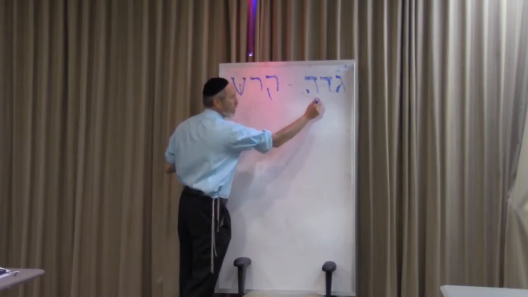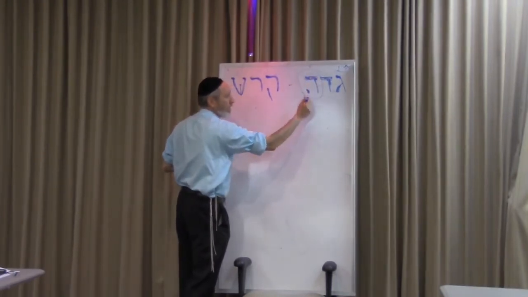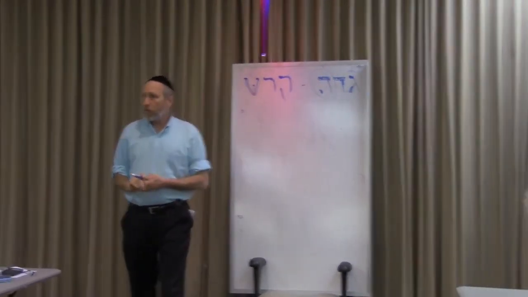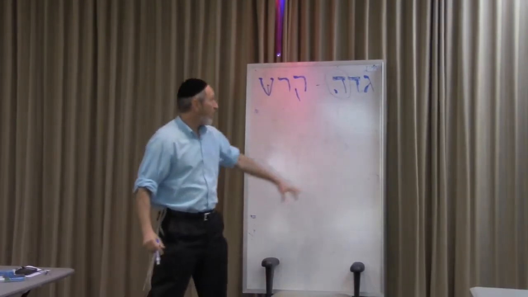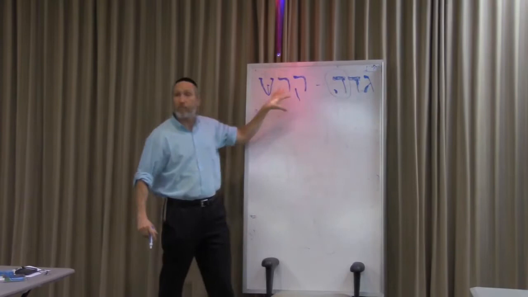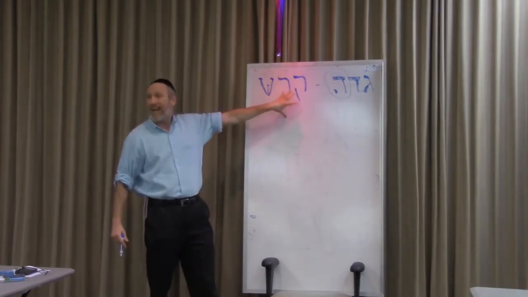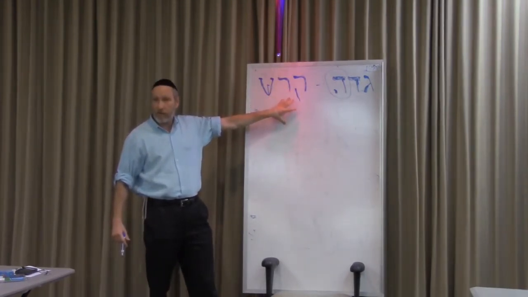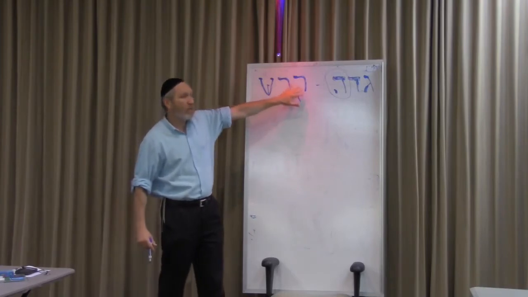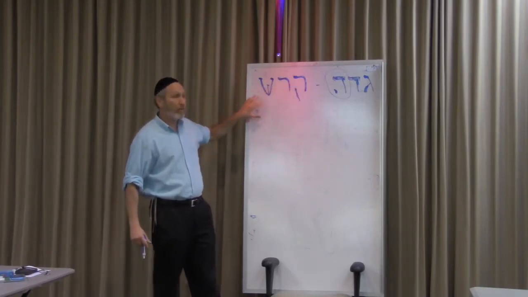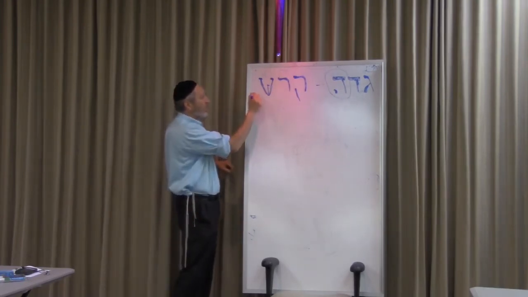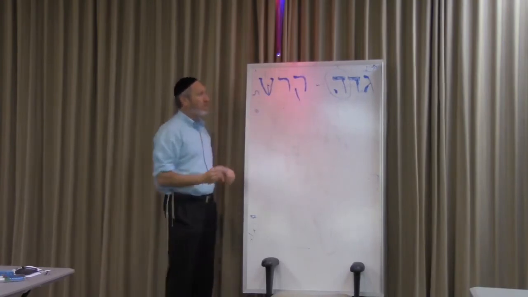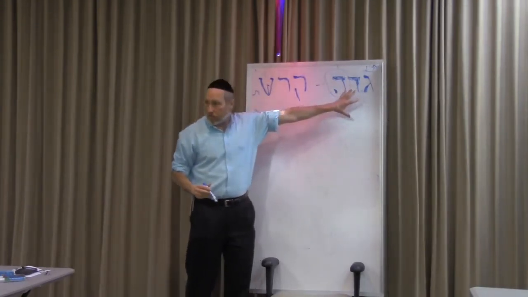That's this one. And we started talking about it, but I want to elaborate on the letter Hey and show you some amazing things. We're going to need some of the letters that precede it and some of the letters at the end of the alphabet. These are the last 3 of the last 4 letters: the Kuf, the Resh, the Shin. And then there's the Taf, which is the last letter. We're not going to be dealing with the Taf today. We're going to be dealing with these and contrast them to these.